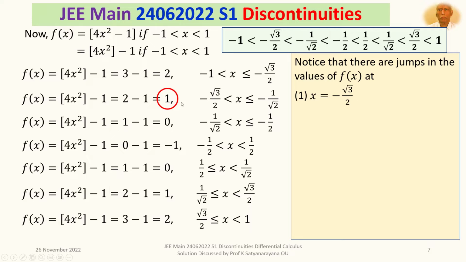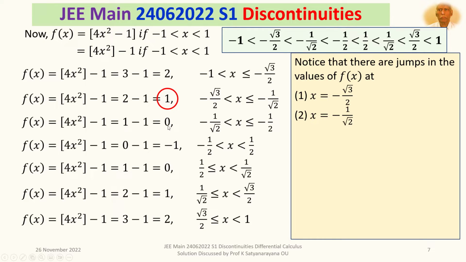The left hand limit, if you see, will be 2. The right hand limit is 1. They are not equal, therefore it is discontinuous there. And jump means jump discontinuity, that means both the left hand limit and right hand limit exist but they are not equal. Next, x = -1/√2